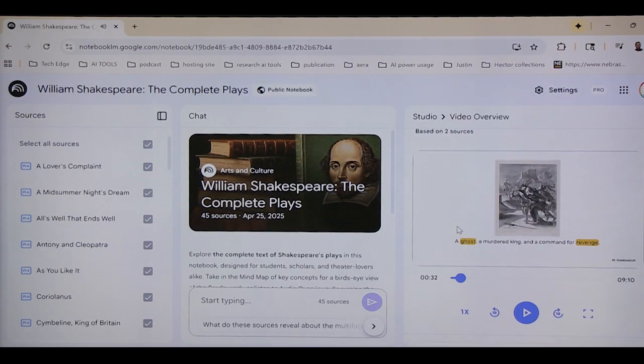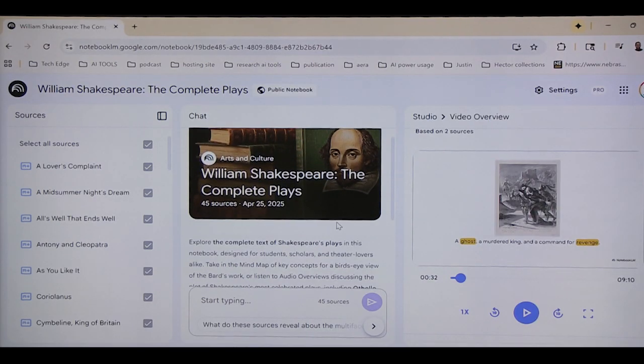So that is the overview of the documents that we see over here. And this is where a lot of people have been a little bit disappointed, because when it talked about video overviews, some people were picturing fully animated scenes. And this is more like an annotated and read-aloud PowerPoint than it is a full live video. So you want to know what to expect. But the advantage of that is that it focuses on the main point. So it still stays true.